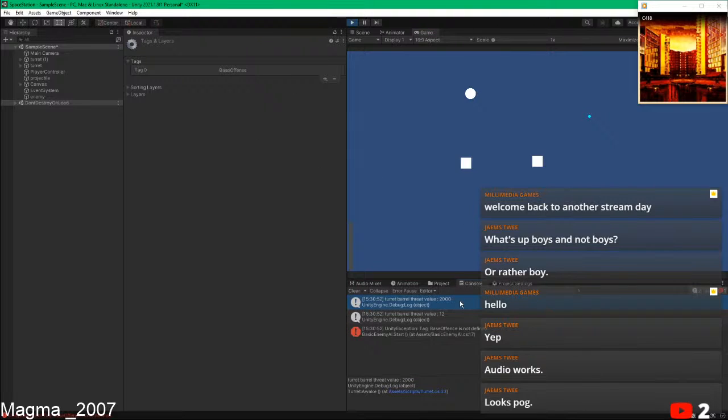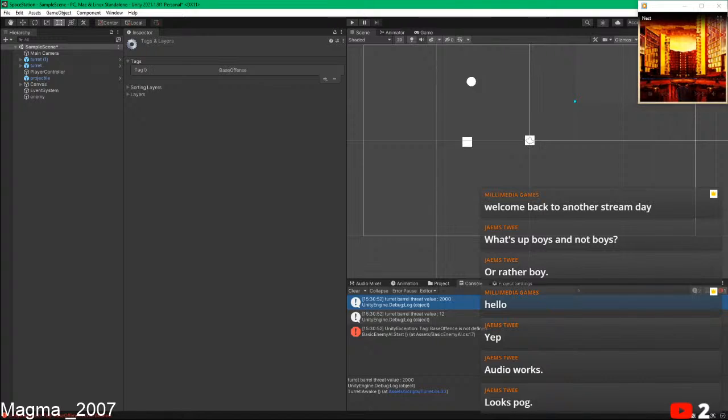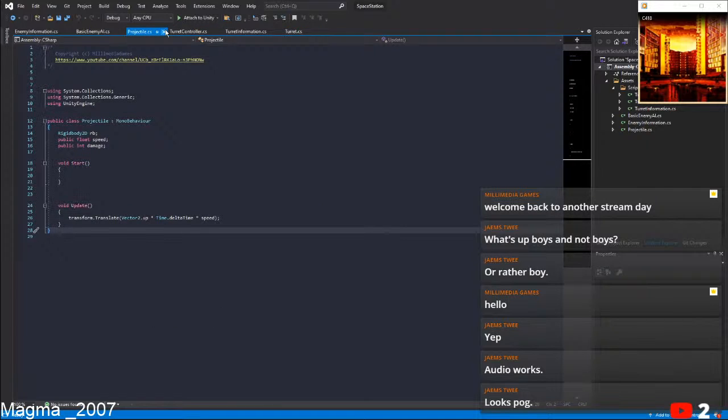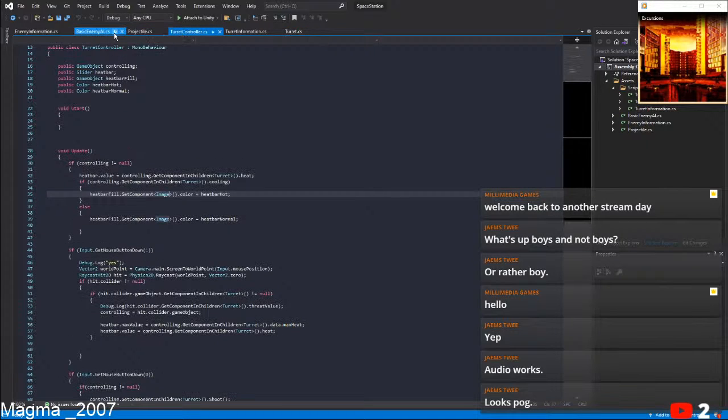We have the OP one giving us a threat value of 2000, and the not very OP one giving us a threat value of 12. I think that's fair. It's a bit more than just having 101, but yeah, that works. So now what we're gonna do